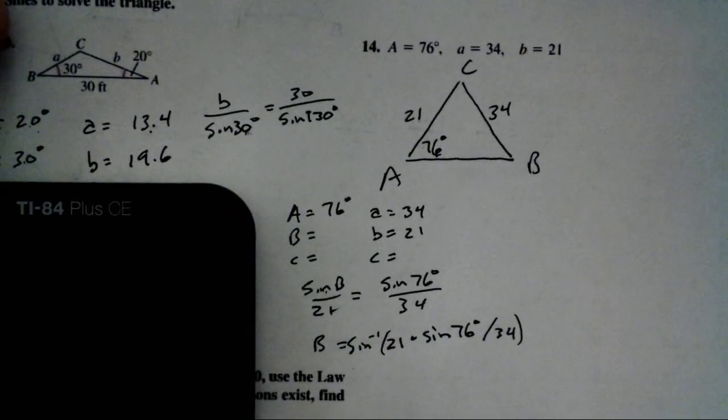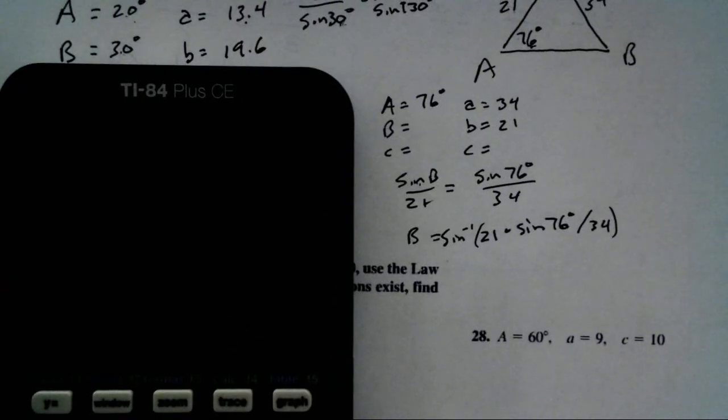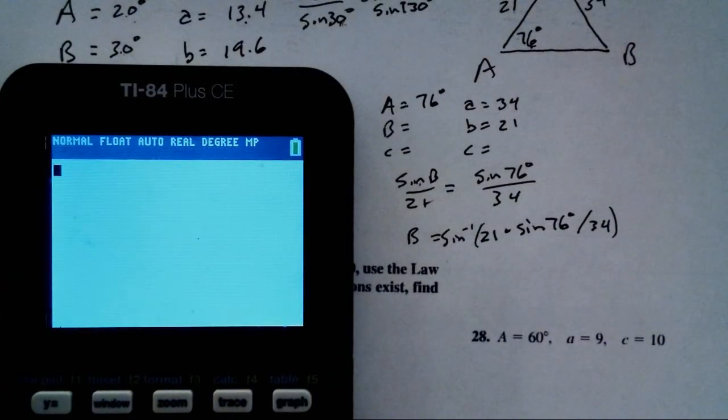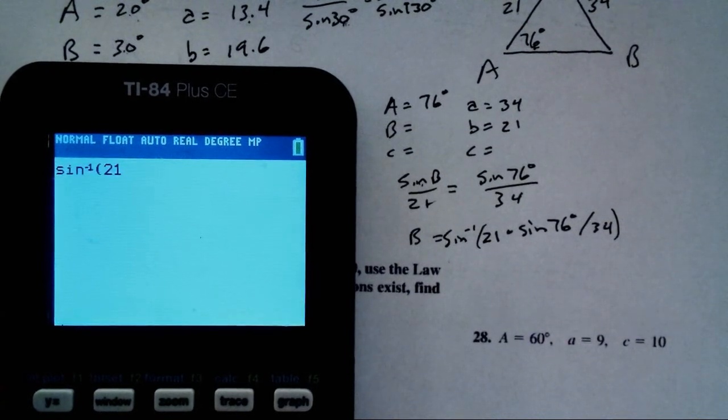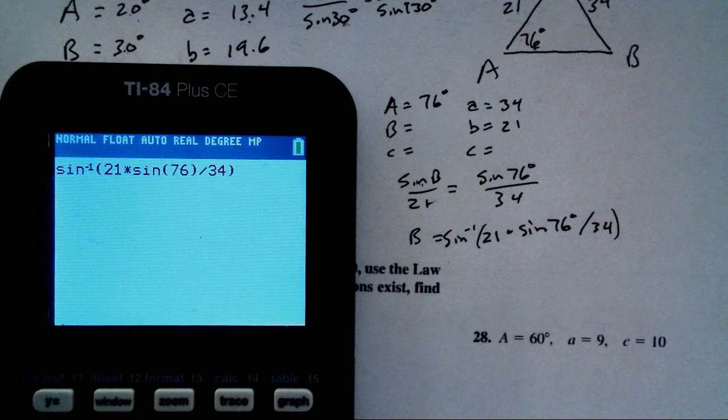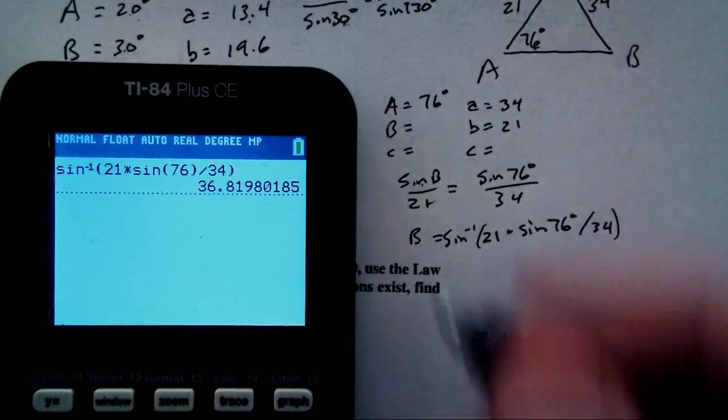So let's go back to our calculator here. And I get second sine, sine inverse of 21 times sine of 76, close the parentheses, divided by 34. And I get angle B is